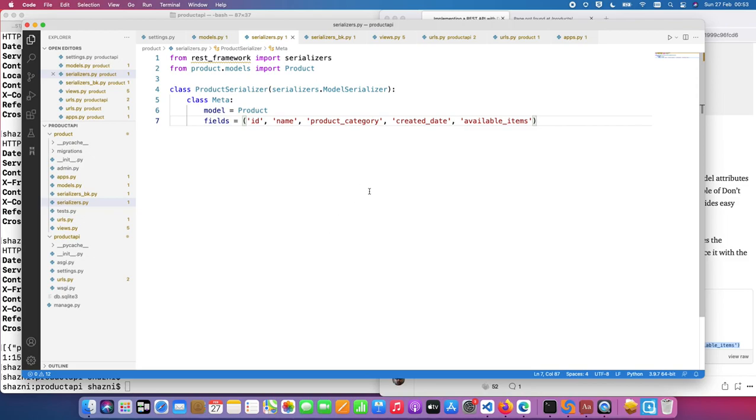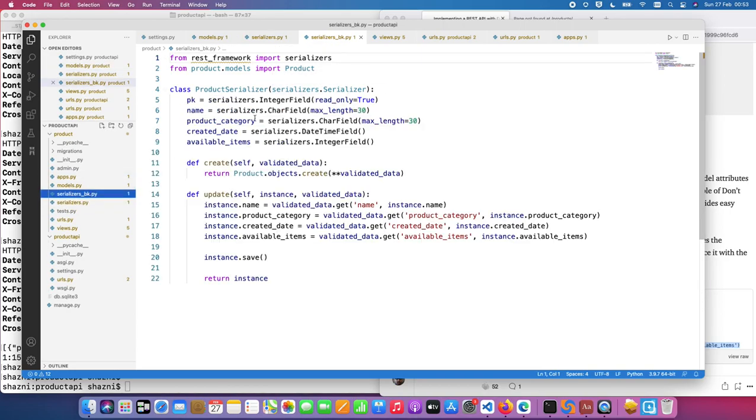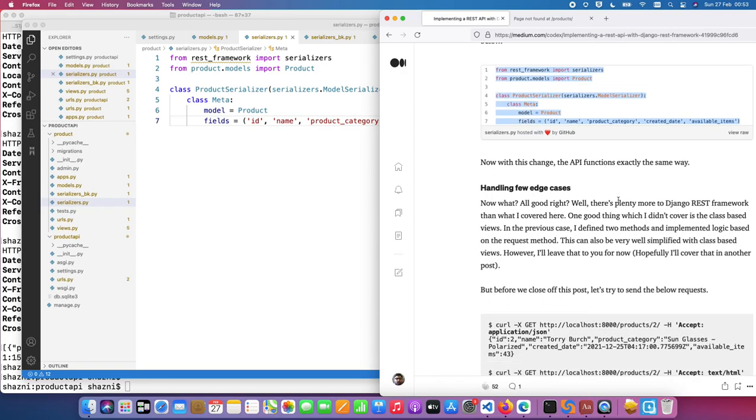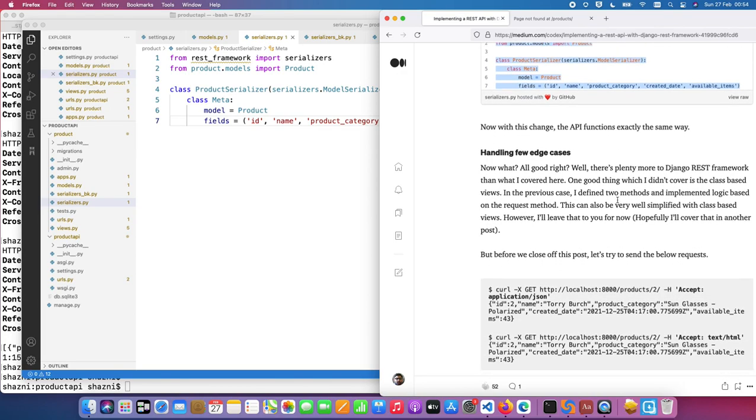So this does nothing special, in fact. The product serializer is now inherited from serializers.ModelSerializer instead of serializers.Serializer. So that is a way of saying, okay, take everything in the model and try to get those fields available here, and you specify the model in a Meta inner class and then say the fields that you need in this. So as you can see, I have specified the fields here, and when you do this change,